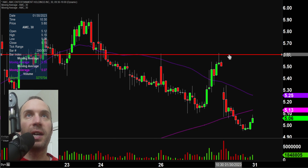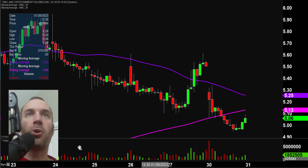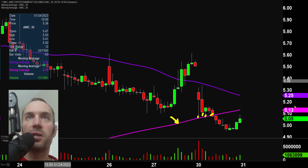I'm going to go ahead and get rid of that level as it served its purpose for now. But the first key dynamic to watch from a resistance standpoint, let me zoom in here a little bit more, is based on the foundational rule that when levels of support are broken and close below, they tend to act as resistance. And going into today, that level was a support. You can see at first that 200 period moving average was doing a great job of holding strong. But now that the price is down below it, this would be considered the near-term area of resistance right there